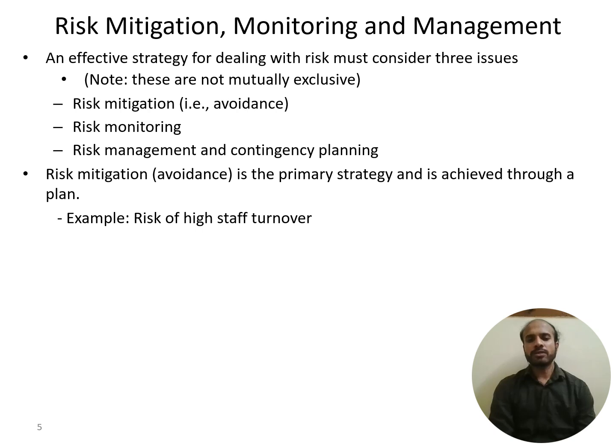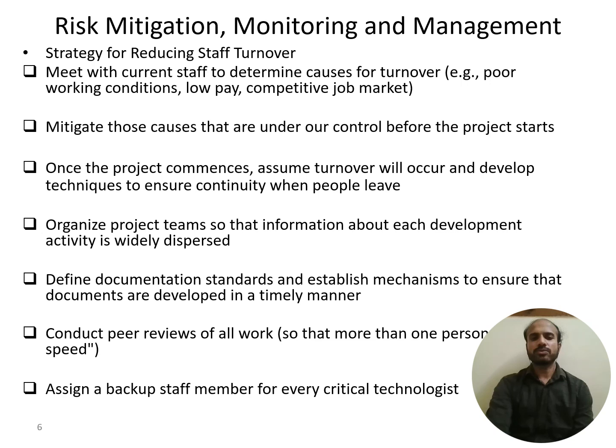Risk mitigation, that is avoidance, is the primary strategy and is achieved through a plan. For instance, we can say the risk of high staff turnover. So how can you take steps to avoid it? These are the possible options, strategies that you can follow for reducing the